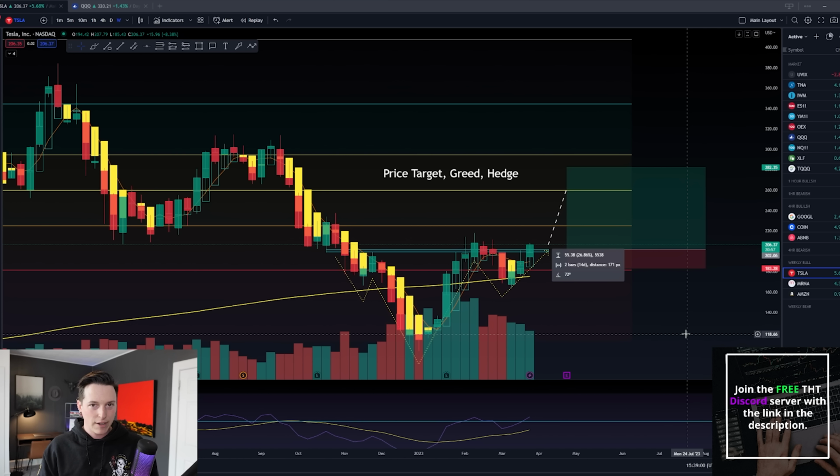When the market's very greedy like this, tons and tons of retail who didn't get in down at 118, 140, 160. Everyone's playing musical chairs and they feel like there is no spots left. So I think that over the next couple of weeks and months, we're going to see retail continue to jump in. And as we start to move our way up to 220, 240, 260, 280 over the rest of this year, I think that that is where big money is going to start unloading their bag. And that's where they're going to start putting hedges in. That's where I'm going to be putting hedges in against my long terms